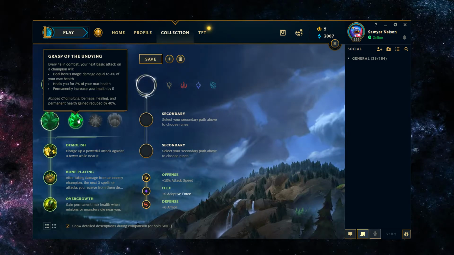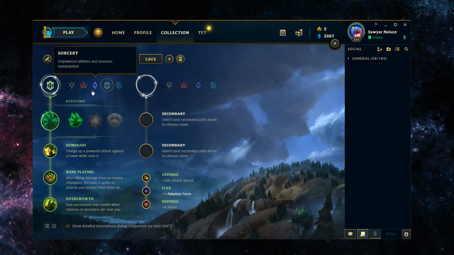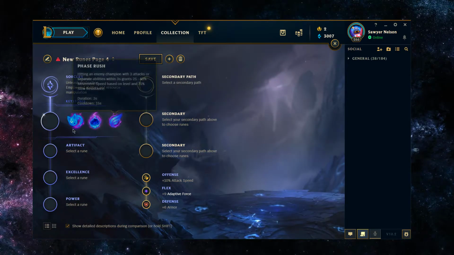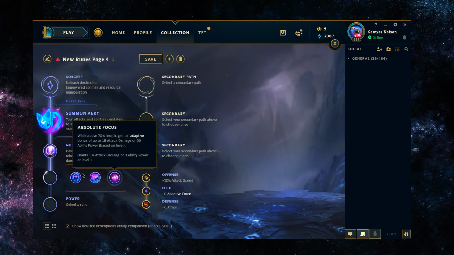If you were to view Gnar as pretty similar to Jayce or something, the healing is negligible and the damage is lessened from being ranged. So yes, you can have okay value whenever you're melee, but what's even the point of that, when you could just run something else? If you really need the damage and the healing, you're better off getting it from other sources. So one okay option is Summon Aery,